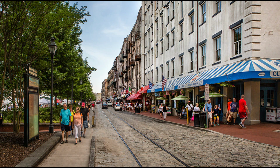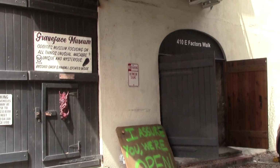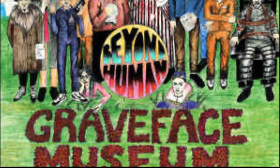Located just one block off of River Street, on Savannah's waterfront, Graveface Museum is filled with an eclectic collection of both bizarre and downright macabre memorabilia and oddities. After spending much of his life acquiring an unusual assortment of artifacts, Ryan Graveface, the owner and namesake of the museum, decided to finally share his collection with the general public by opening his own museum in the spring of